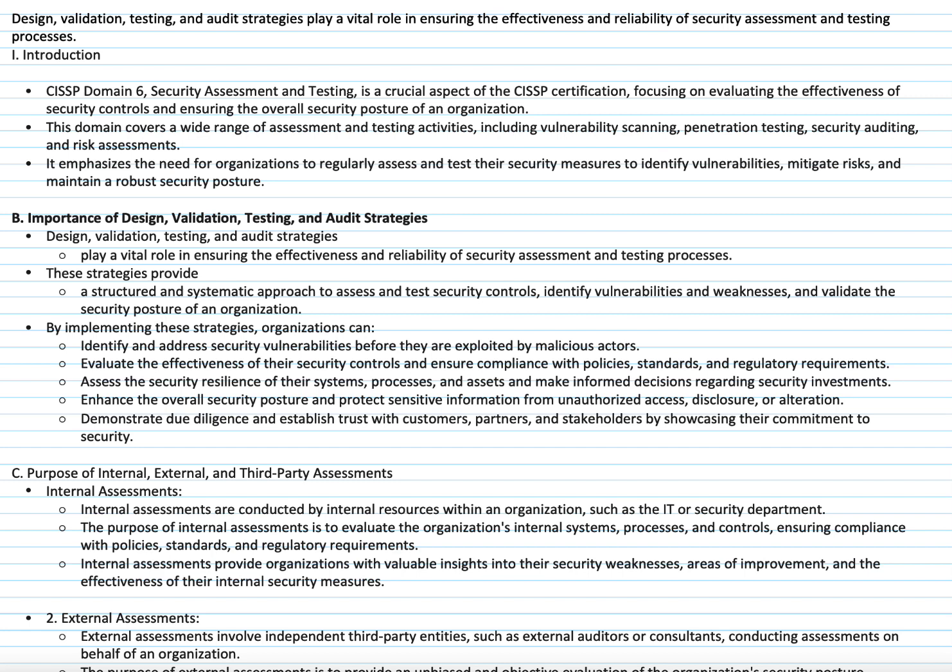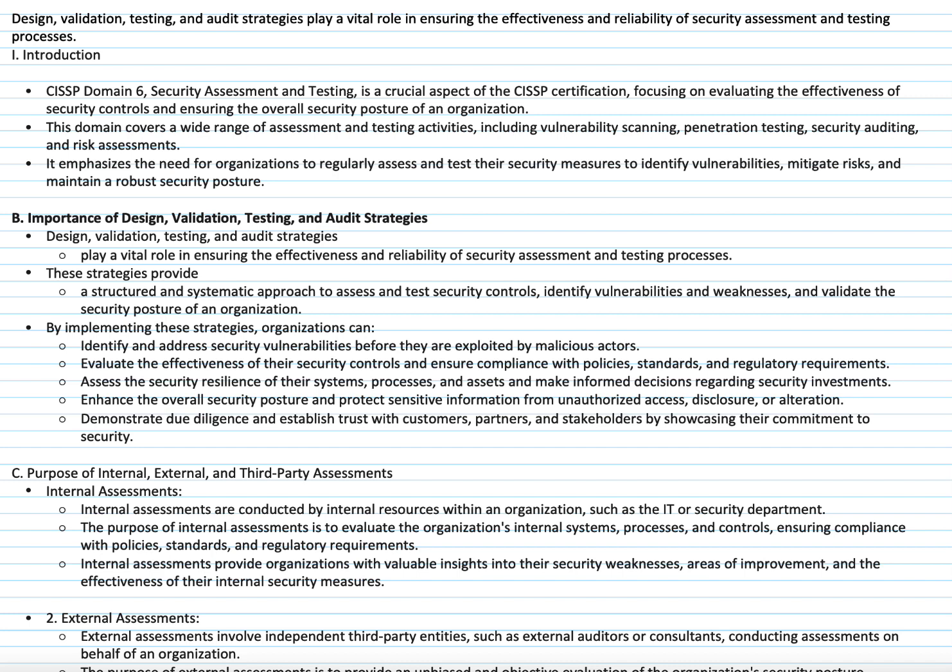Coming from a previous life that I lived in, working as a red teamer, I would do security assessments quite routinely on military installations around the globe. And these assessments would be very protracted in some cases. They also could be very in-depth. And we're going to talk about if you have a business, when you go work for a business as a CISSP, you're going to probably want to either commit some sort of resources towards a security assessment, or you may hire somebody to do that for you.